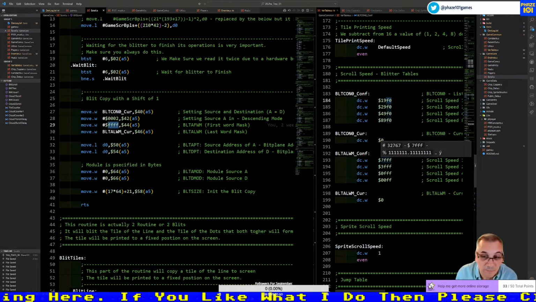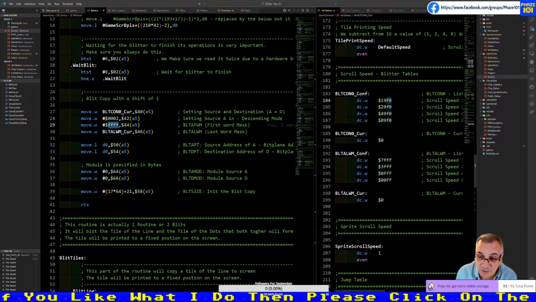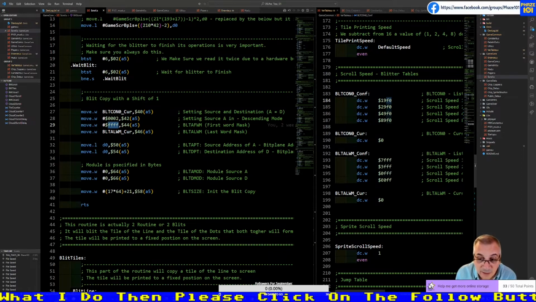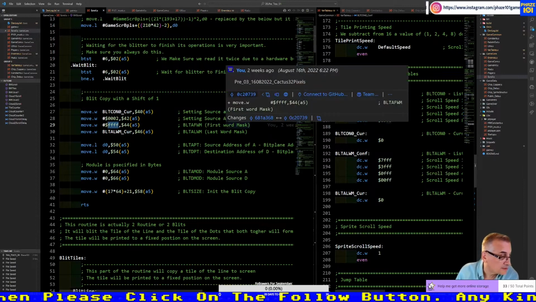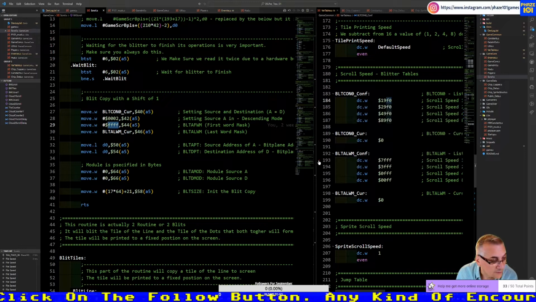It's always these numbers. If you want to shift by 2, then you put 3, shift by 4 you put 0, shift by 8 you put 2 zeros. If you want to shift by 16, you put 4 zeros.